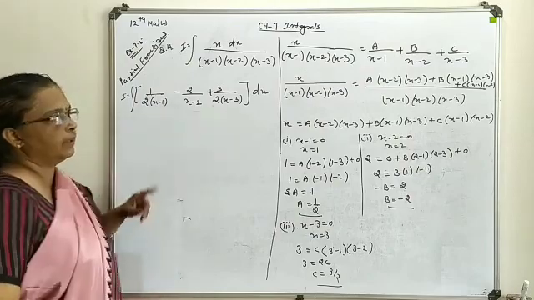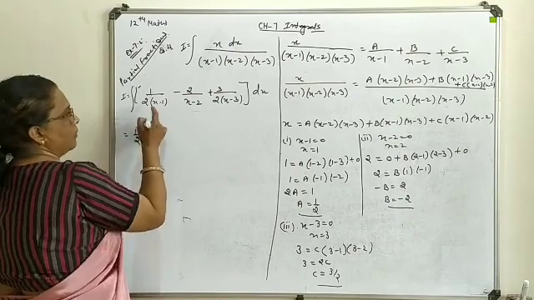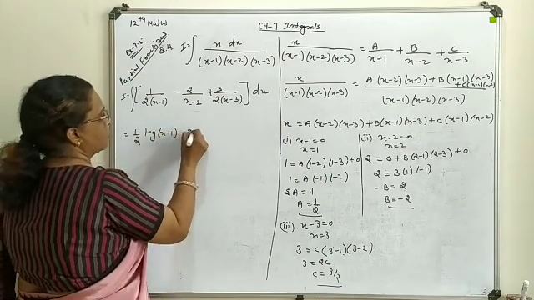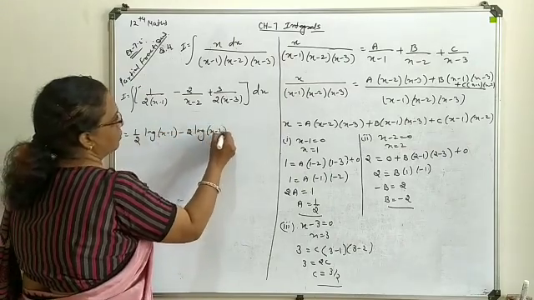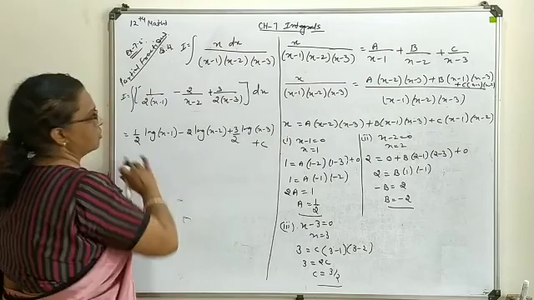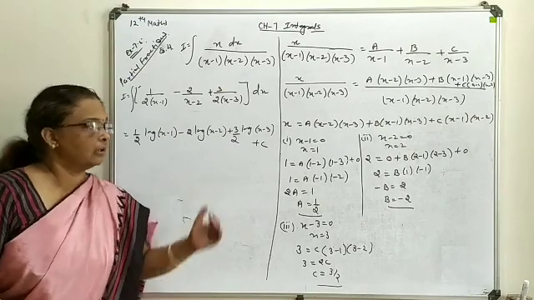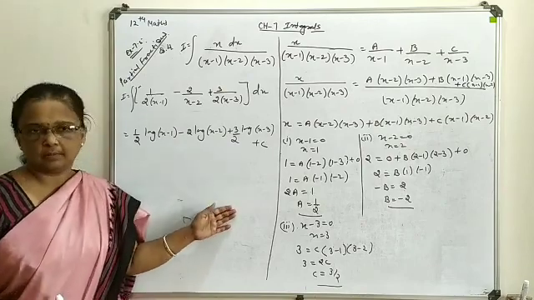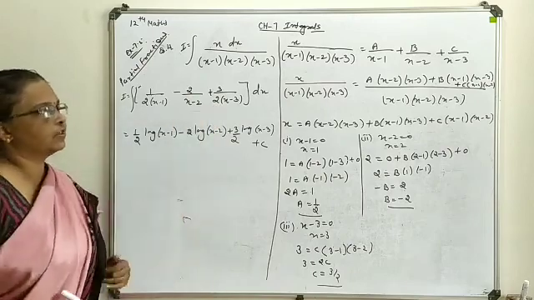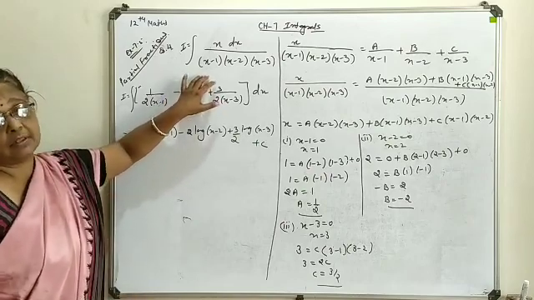All are with the linear combination in 1 upon form, so it will go for log. So this will be 1 upon 2 times the integration of 1 upon x minus 1, that means log of x minus 1, minus 2 log of x minus 2, plus 3 by 2 log of x minus 3, and at last your constant. This way you can write the integration for more than 2 factors. Only one thing will change: your constants will increase as an addition form, and you evaluate the respective constants and then find the solution form. So this is about the 3 factor form available in a question.